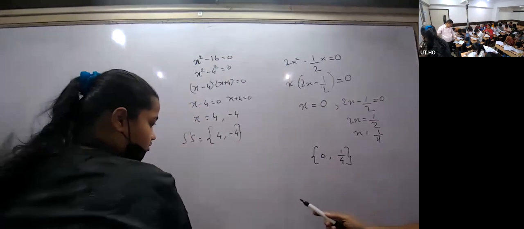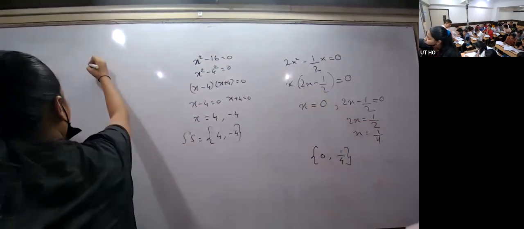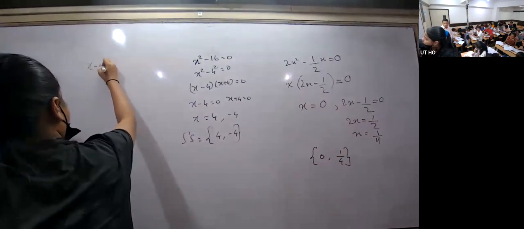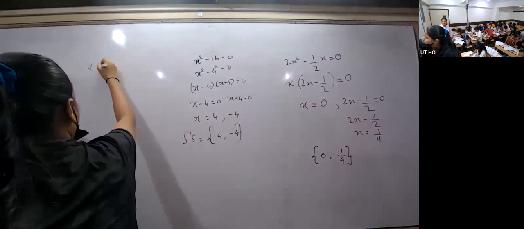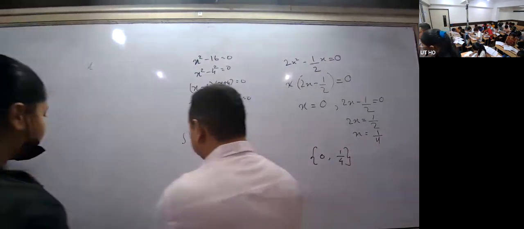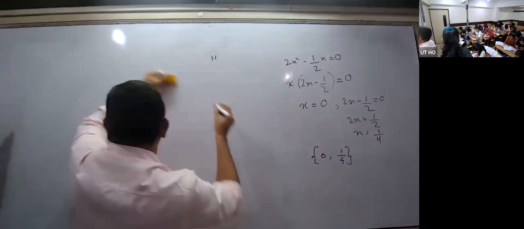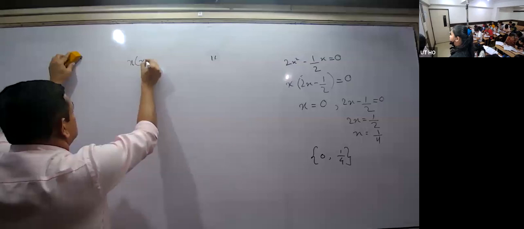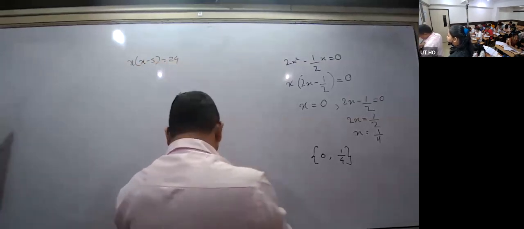Write the question now. What is it? X times x minus 5. X times x multiplied by x minus 5. I'll write the question. Equal to 20. So,